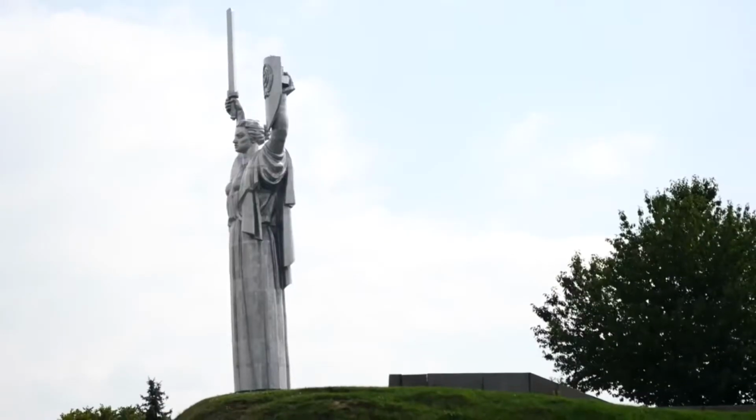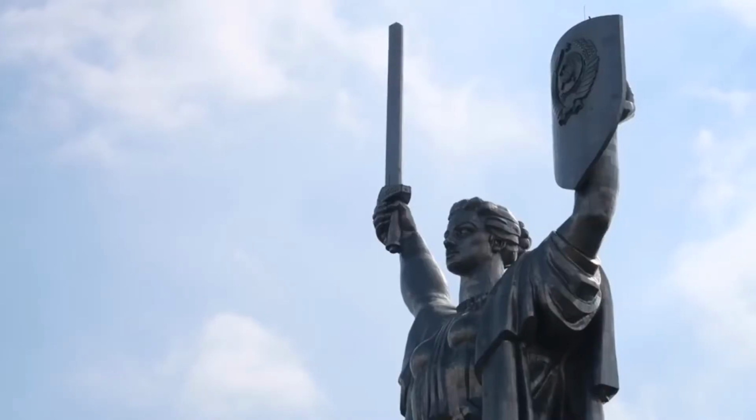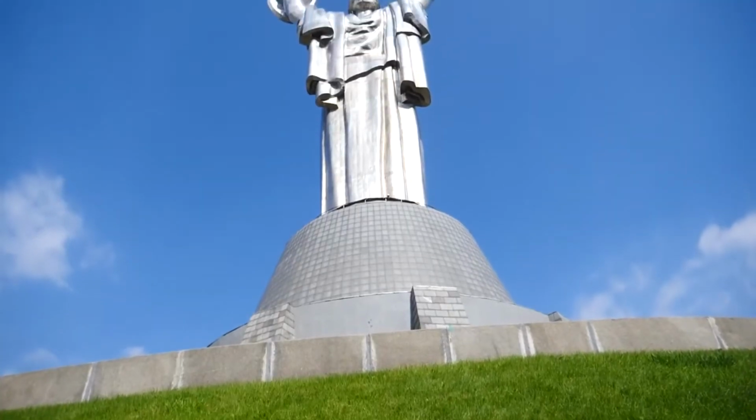Another attraction we couldn't miss in Kiev is the Motherland Monument, a 62-meter stainless steel statue, which is...